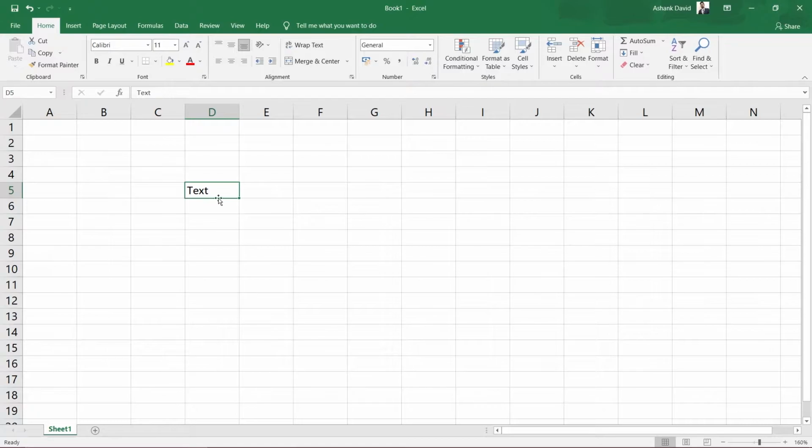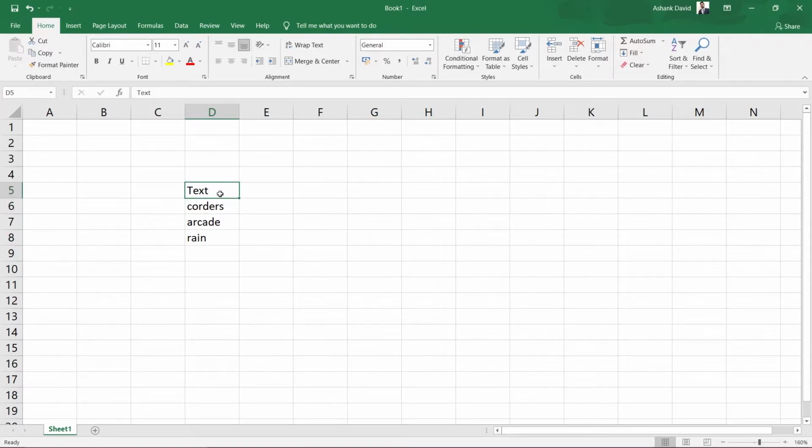Not only text, we can write anything into it. So let's say coders and then arcade. All of these texts are aligned to the left hand side inside the cell. So all of these data come under text or character data.